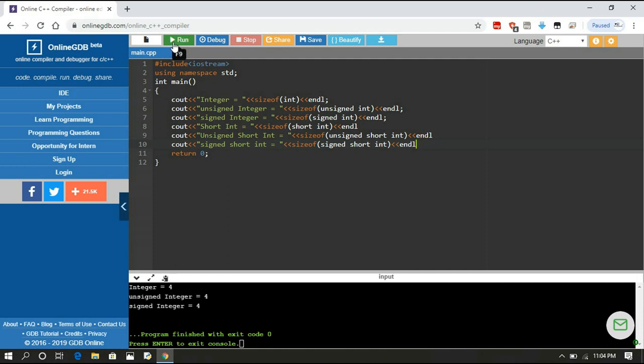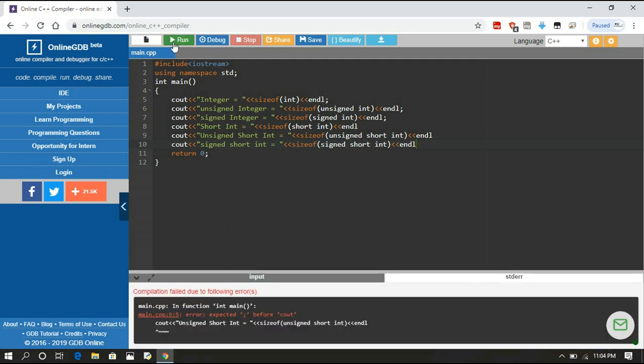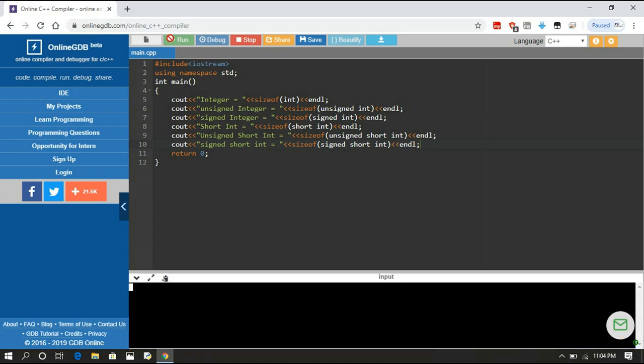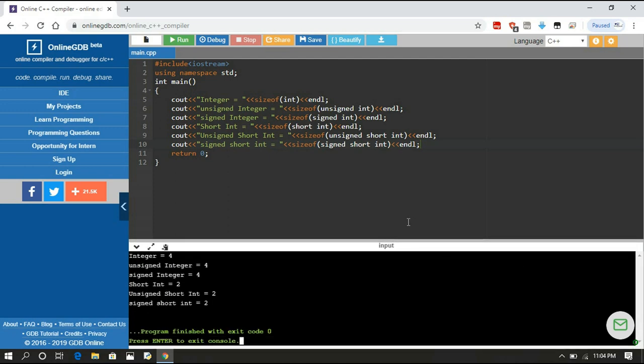Now if you execute this one, we'll get the size of short int. Sorry, I forgot to keep the semicolon, because semicolon is the termination, right? Now if you run this code, you can get the size of all those things. So short int 2, unsigned short int 2, and signed short int also 2. So here you can observe the remaining. So integer 4, unsigned integer 4, signed integer 4, short int, unsigned short int, and signed short int. Now we'll go with one more thing,